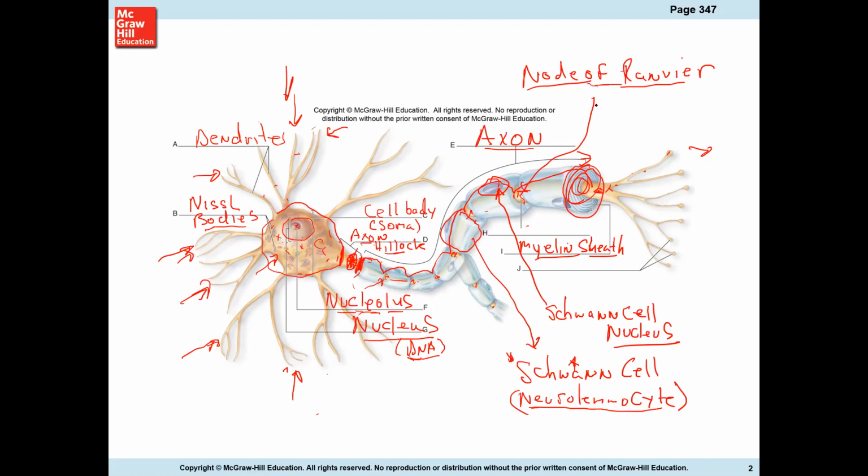They might call them neurolemmacyte nodes or gaps in your book, so it might be a little different name. But I like to say Ranvier, again, node of Ranvier. So you'll get it right either way. When I put it on the practical and I'm pointing to the gap, you say node of Ranvier or whatever your book says. All right, but when you write it, please say it with a French accent,